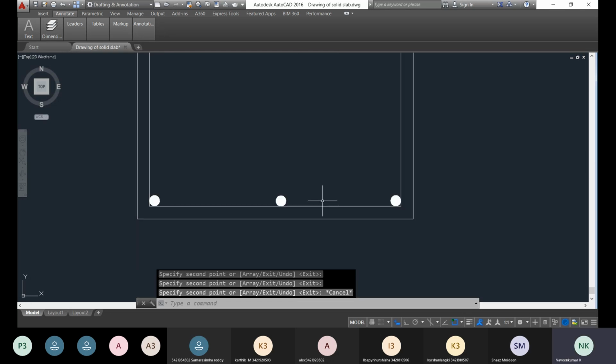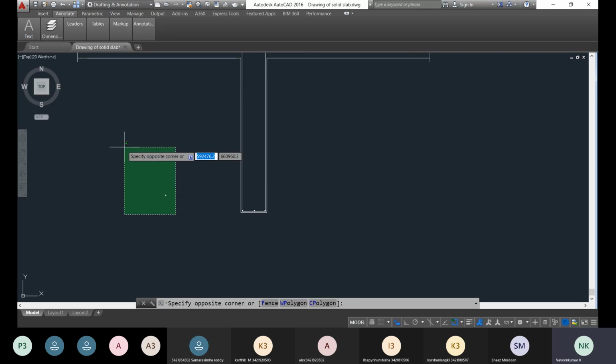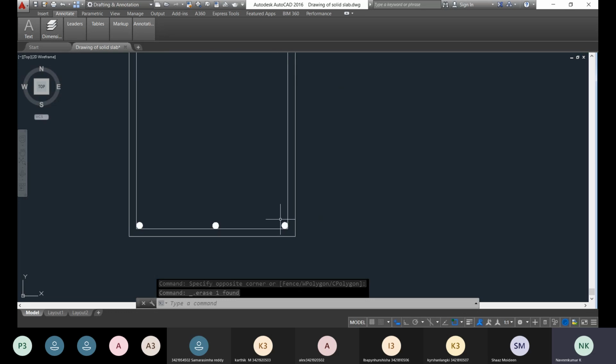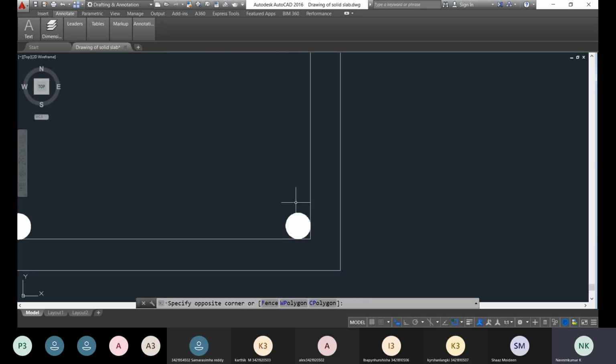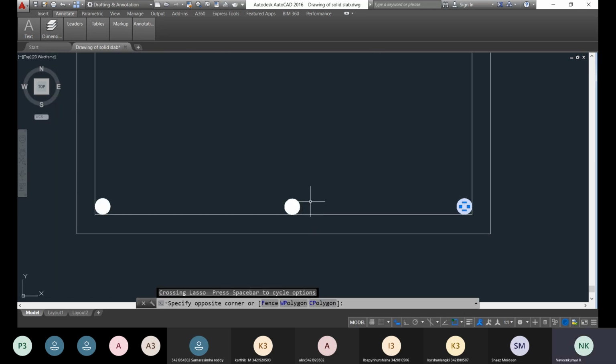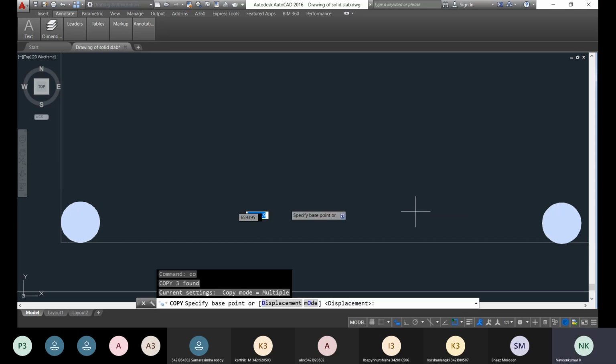Here you reinforce the bottom portion of the T-beam with the distribution bar. Okay, so you can delete the source object. The same reinforcement is to be provided at the bottom also. What you can do is copy all the objects together. CO, enter.